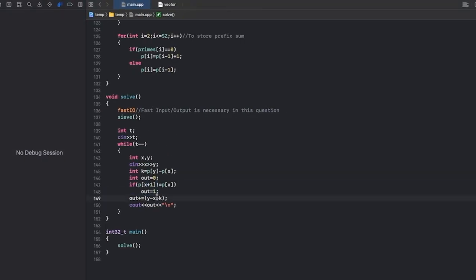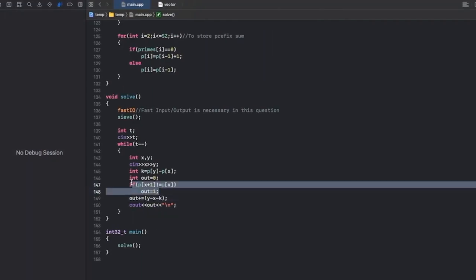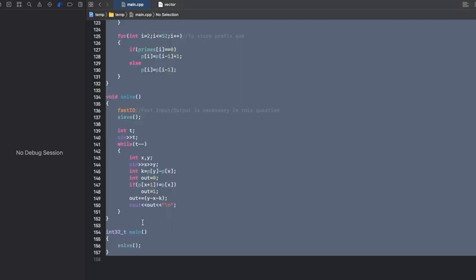Basically, if this case happens, 1 will be added; otherwise out will remain as it was, and that will be the answer. We'll print out and this will give us our answer.